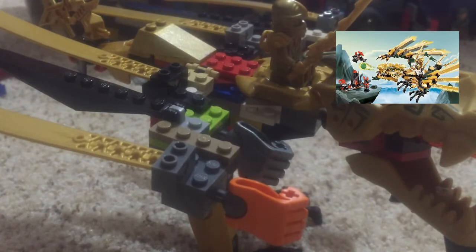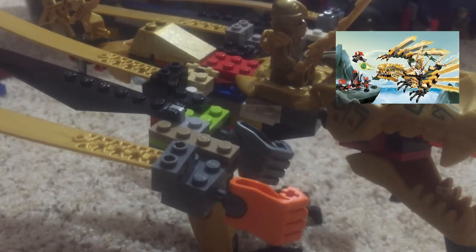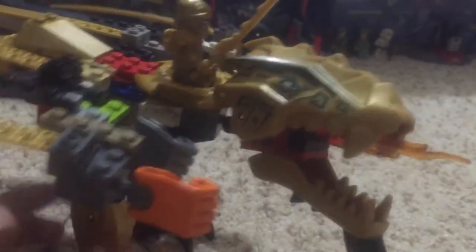But the Lego Mario set is different because that's just a simple set I made on my own, so I didn't have to buy the Lego Mario set. Okay, so that's the dragon